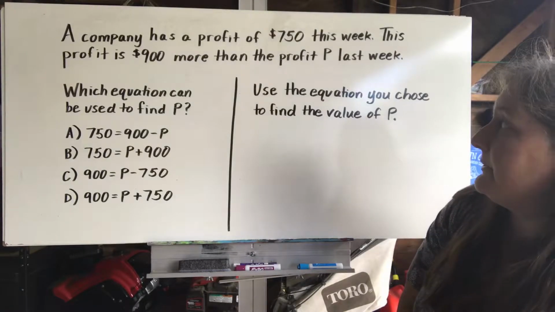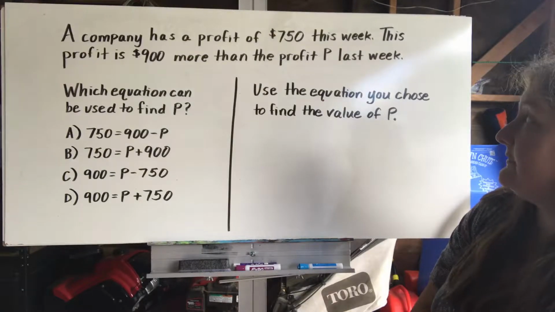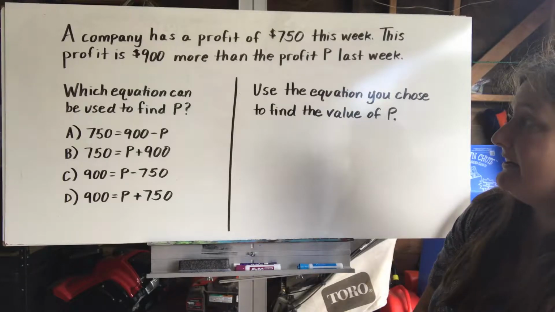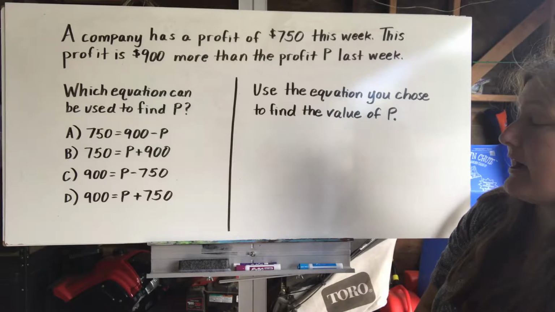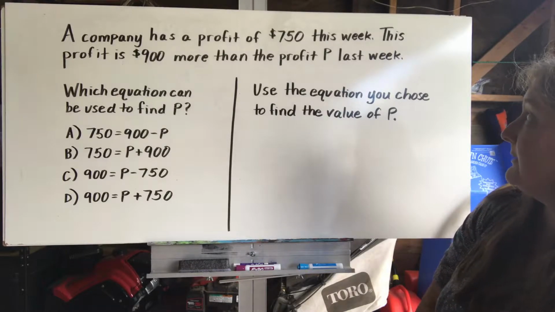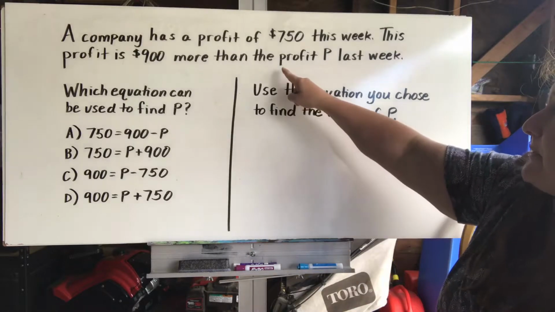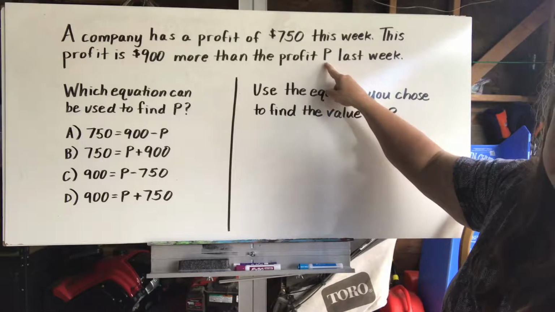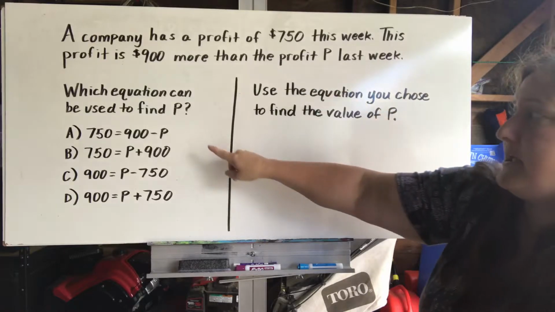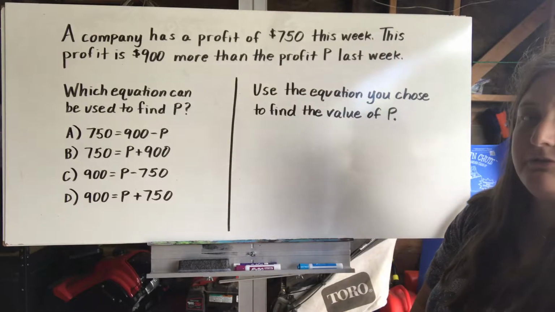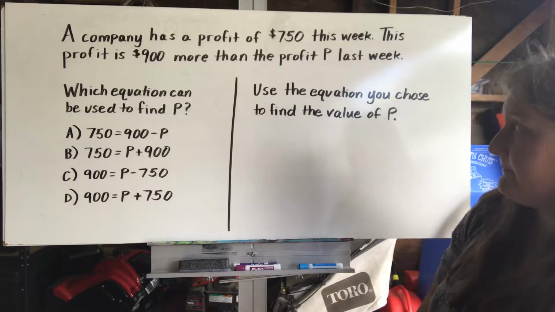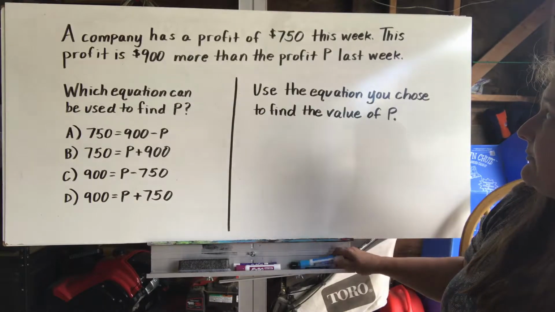So here we have a company that has a profit of $750 this week. That's $900 more than their profit, capital P, from last week. So the profit from last week is going to be represented by this capital P. And they want to know which equation we can use to find that profit. So we know that last week they made